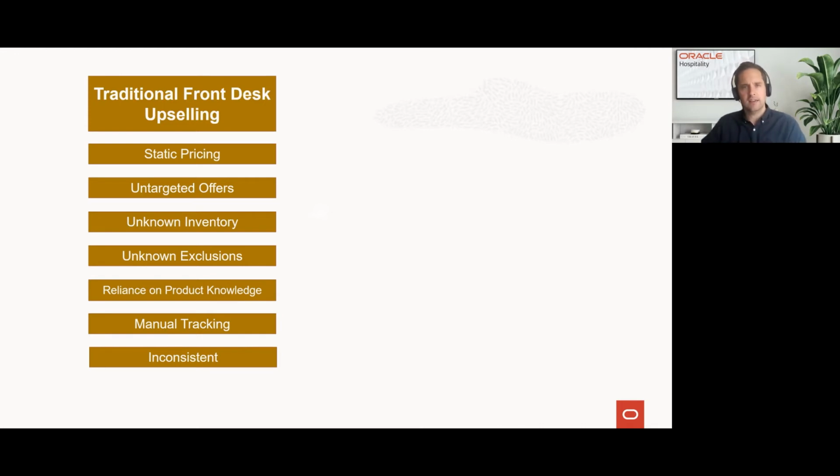The tracking, administration and enablement of the program itself is fairly manual, very archaic at times. We're talking about Excel spreadsheets, printouts, and one-by-one comparison of each and every reservation to ensure that not only the right posting was made, but the guest actually paid for it at checkout. Bottom line, traditional programs tend to be fairly inconsistent because business levels change, staffing levels change, and so does the knowledge that comes with that, and so does the consistency